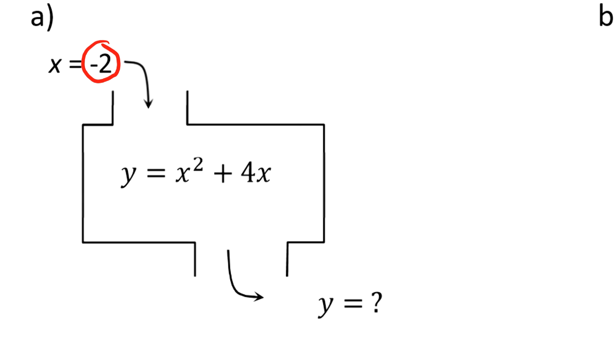Probably the biggest mistake that I see students make is they're not aware of the fact that all of x is getting squared, and x is -2. So I like to show this by using a set of parentheses. Here you can see that's my x is -2, and I'm squaring that. So literally -2 times -2. And then from that, I'm going to add 4 times the value of x, which is